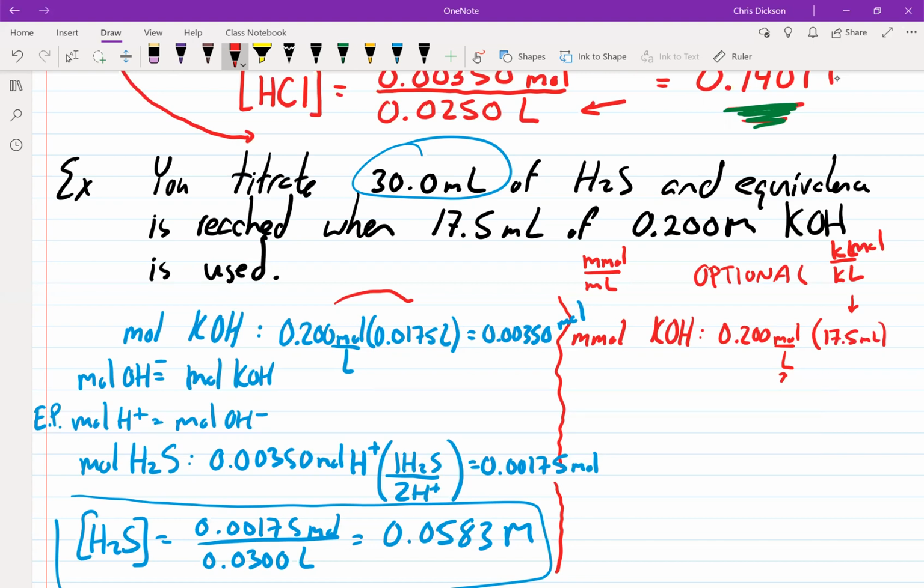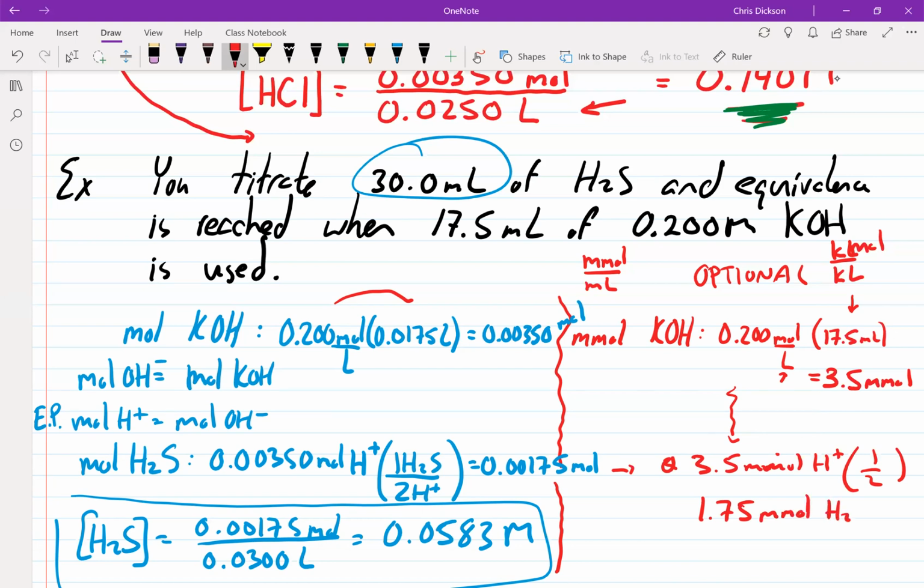So I can actually times just by 17.5. So if I do that, 0.2 times 17.5, that gives me 3.5. But now this would be 3.5 millimoles. Okay. And so when I go down through the calculations here, I would still divide it by 2, because at this stage here, I would have 3.5 millimoles of H plus, and then timesing it by a 1:2 ratio, so divide that by 2, and that would give me 1.75. Now it'd be millimoles